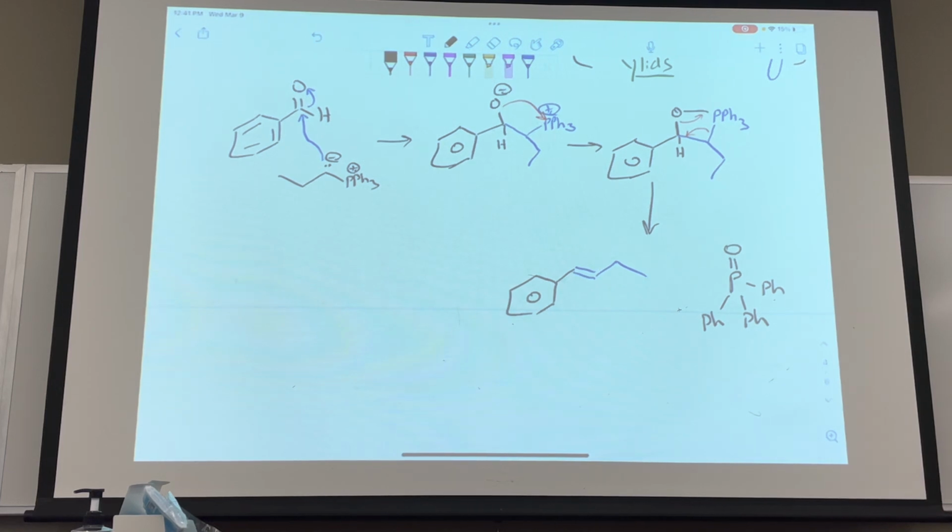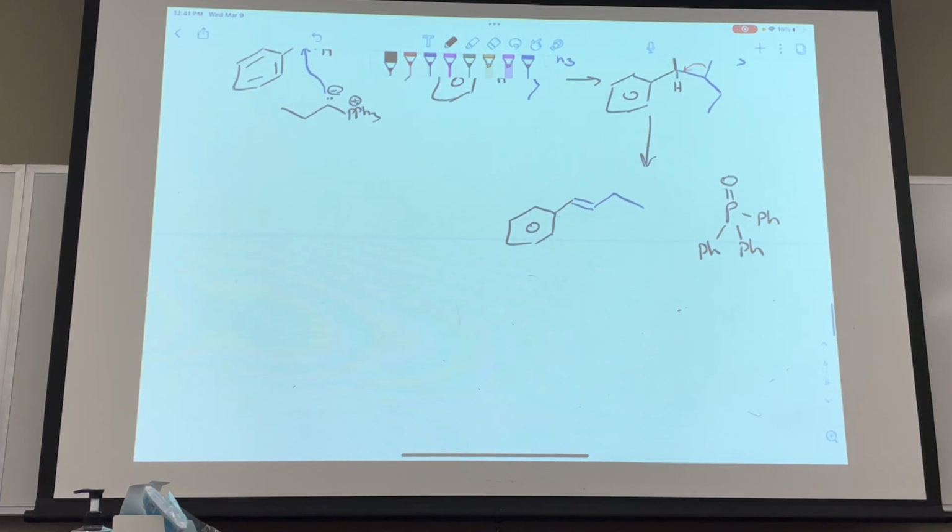And then the other question I have is, if we're using this reaction in our synthesis, how do we write it out? Obviously we're not going to write all these steps. Right. So that's what we'll look at with a couple of examples right now. Okay. So let's say we wanted to use this to